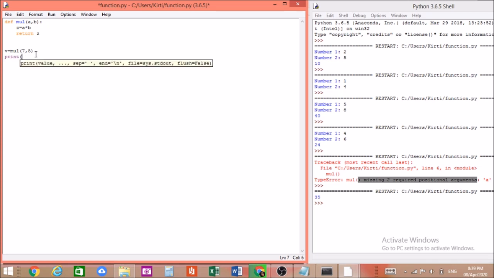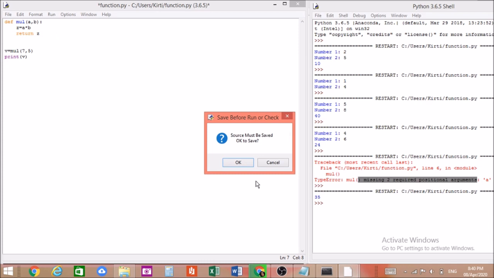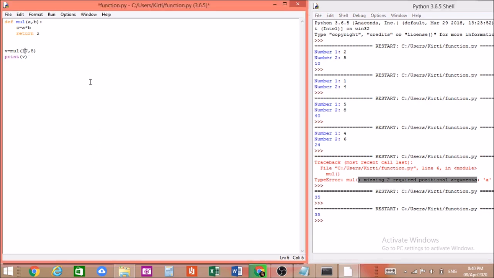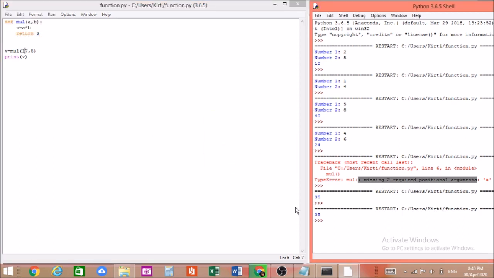Now print this answer here. This is the small variation. Start running it. 35 is the answer. Same answer. Change the value. Run it. Answer is 85, because 17 into 5 will give you 85. So this is